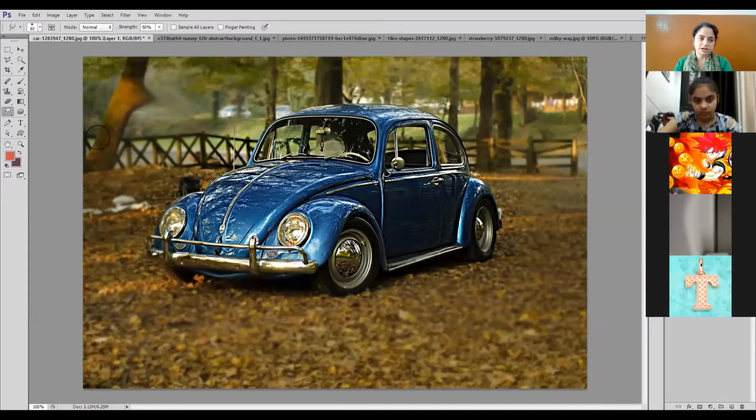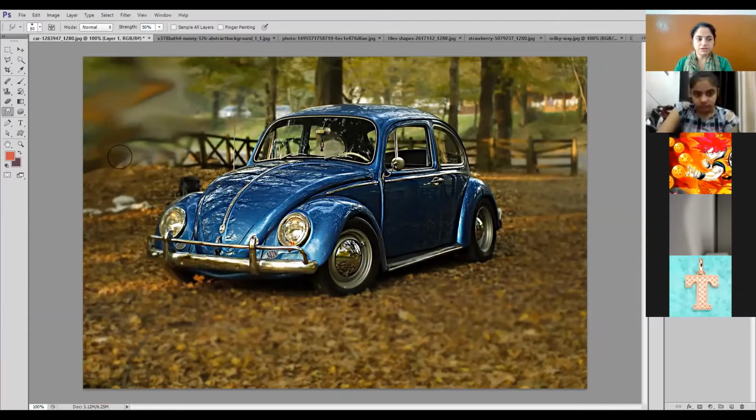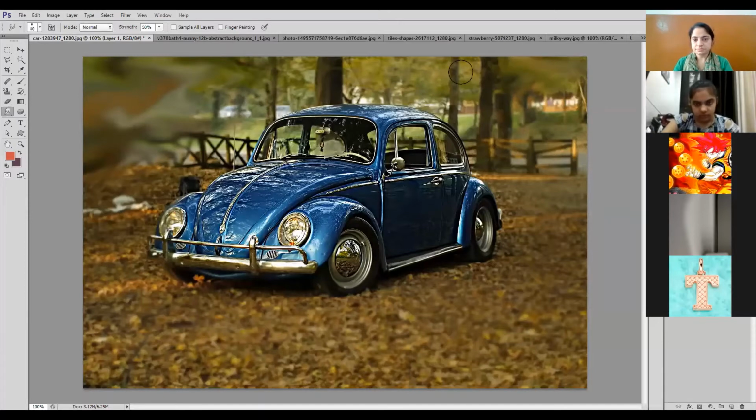You just have to drag it over the parts of the area that you want to smudge. As many times as you drag, it will give you a smudge effect. Similarly, I'm giving it here. Just mixing the colors or giving the wet color effect.